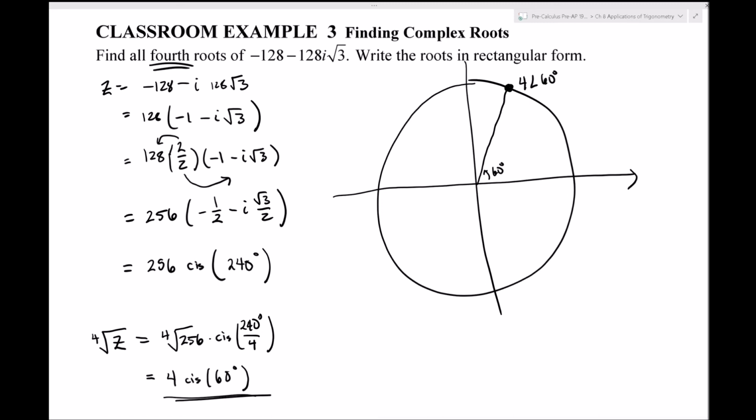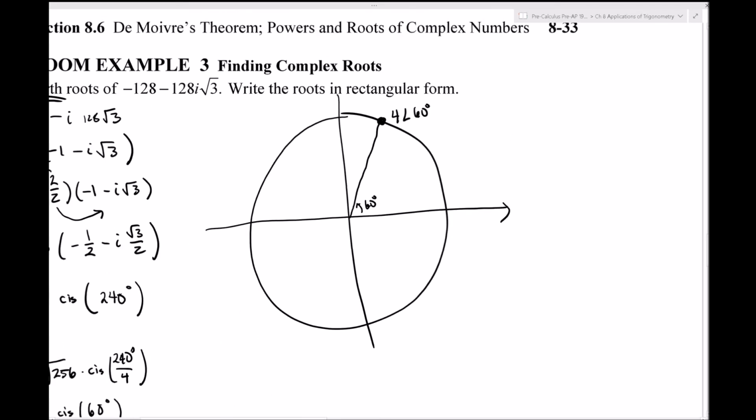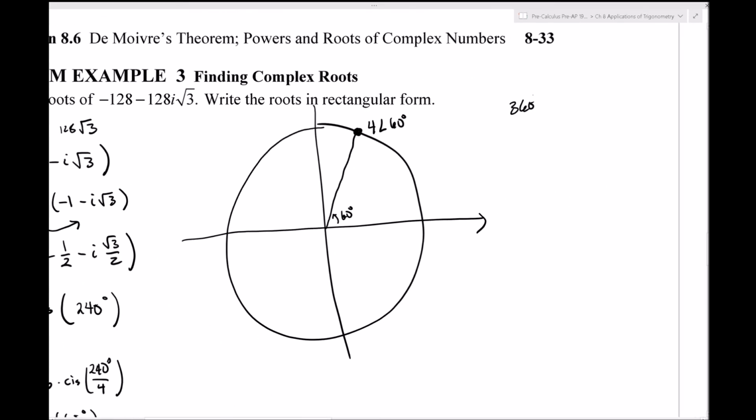The other 3 are going to be on the circle an equal distance away from each other. So all 4 of those are going to be the same angle apart from each other. So you're going to take 360, which is the full circle, divide that by 4. What's 360 divided by 4? 90 degrees. So what that means is, if I keep on adding 90 degrees to that 60-degree angle, I'm going